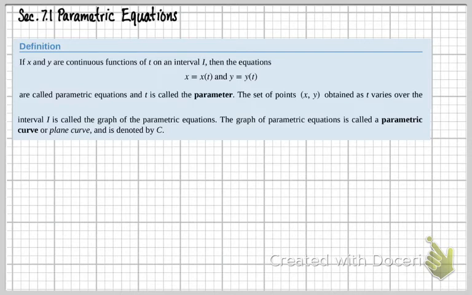The set of points (x, y) obtained as t varies over the interval I is called the graph of the parametric equations. The graph of the parametric equations is called a parametric curve or a plane curve and is denoted by C. So what we're going to do here is